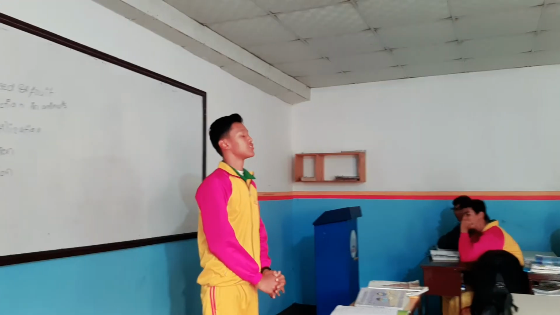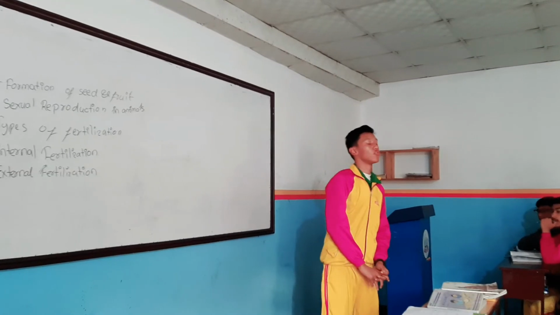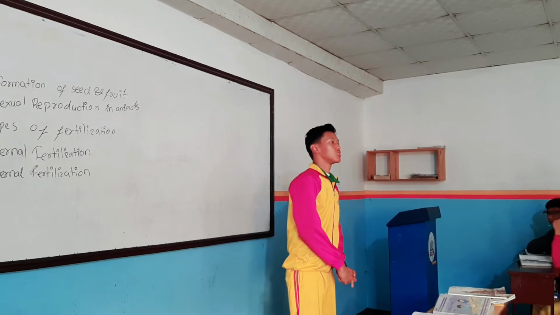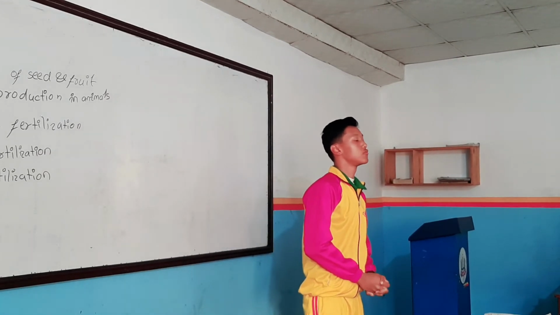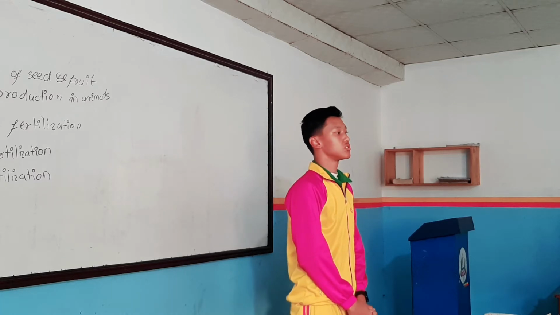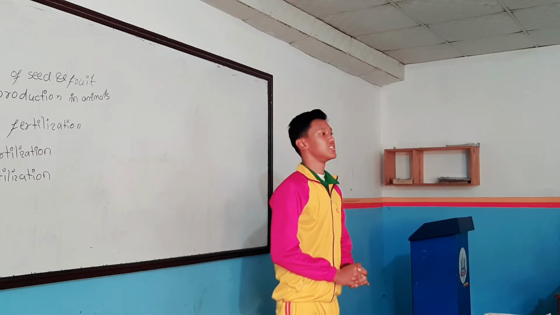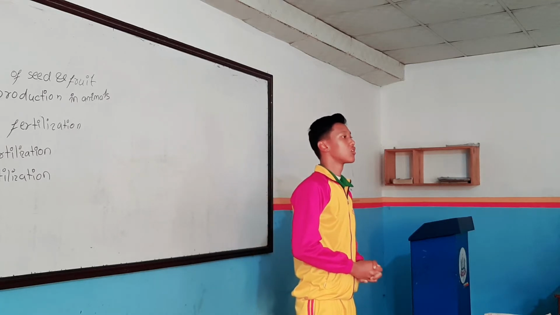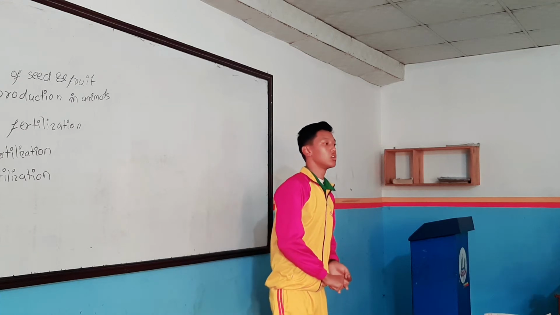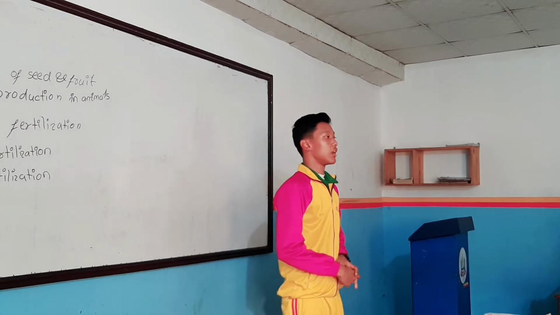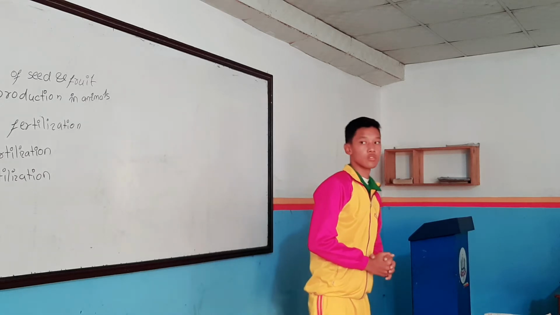With an entity, I like to start my topic from the formation of seed and fruits. As you know, to form a new plant, the formation of seeds and fruits is very essential. When the ovary changes into fruits and ovules develop and change into seeds, when the seed gets matured and comes out from the fruit, through the seedling process, it comes into suitable conditions and forms a new plant, new baby plants.